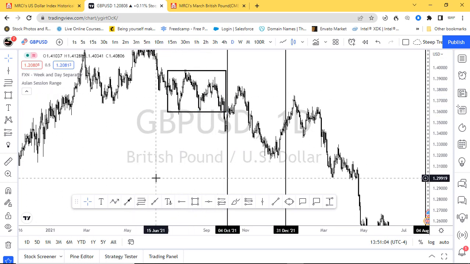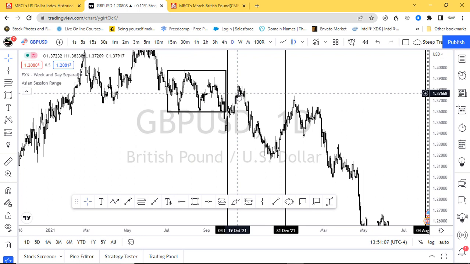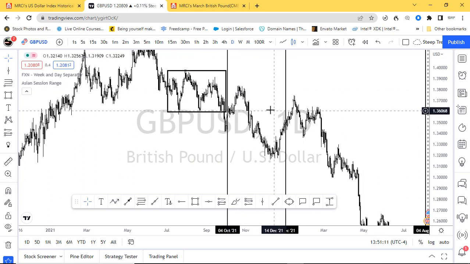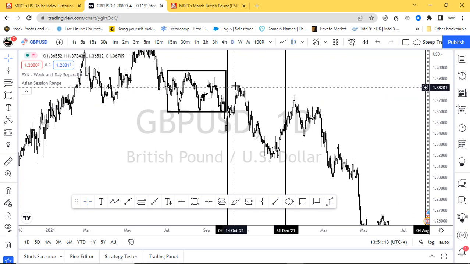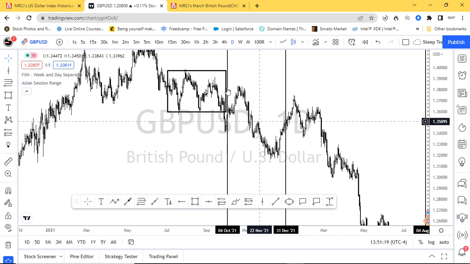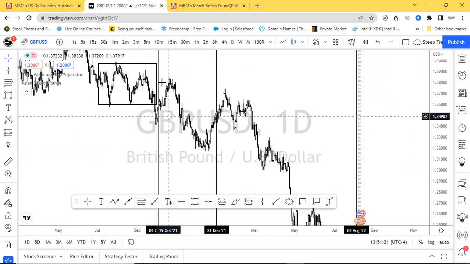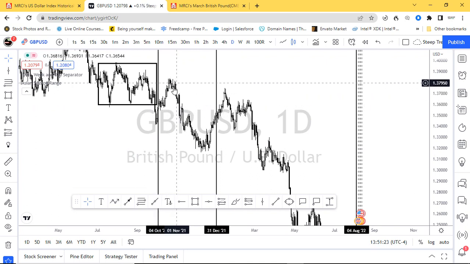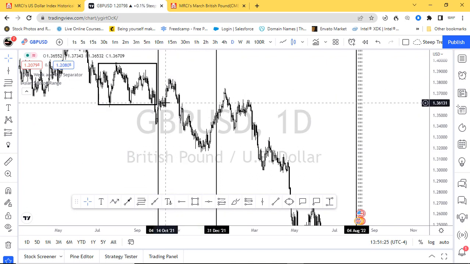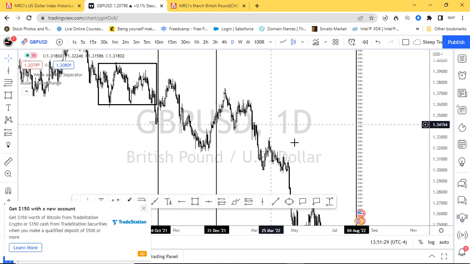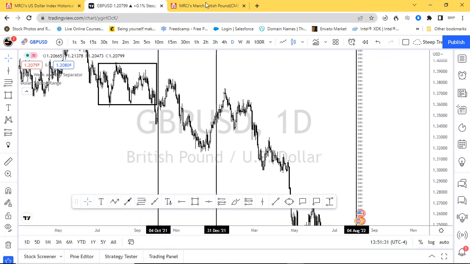I'm not telling you not to do that, but what I'm saying is you want to make sure you're setting yourself up for high probability setups, right? And so how many selling opportunities came in this? And still there's a lot of selling opportunities, and it's higher probability. There were some buys there, of course, but we're looking for high probability setups where you're not going against the grain. Okay,